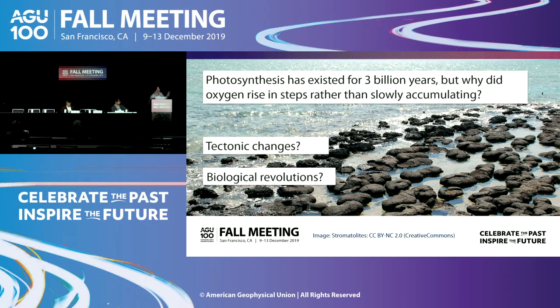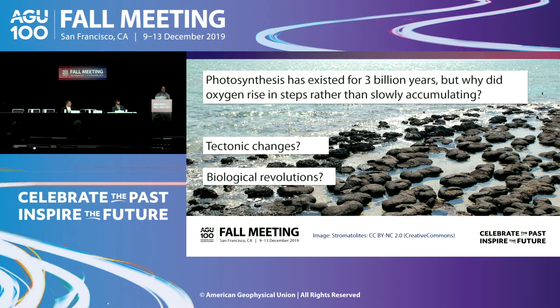So maybe there are big shifts in tectonics. Maybe a lot of volcanism happened around the Great Oxidation. Maybe a breakup of a supercontinent happened around the Neoproterozoic. Maybe it's the uplift of mountains that causes weathering and nutrients to go into the oceans. So you have all these ideas about specific events that might have caused these rises in oxygen. And similarly, if you look at biological revolutions, you can make a similar story. Evolution of progressively more complex modes of life may have led to increases in oxygen concentration.